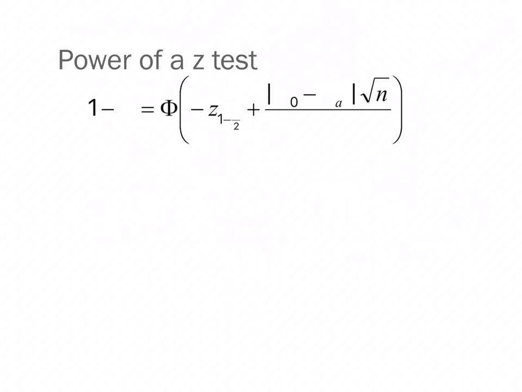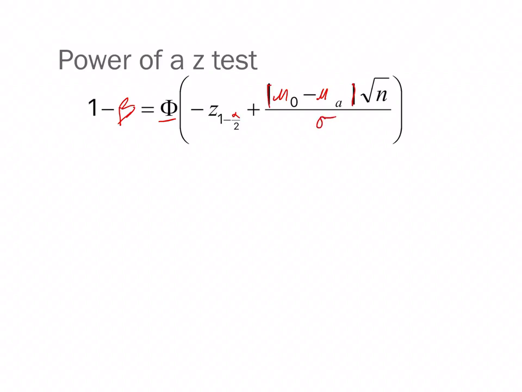So when we do the power of a z-test, and I apologize for not all the formulas coming through on this one, here's our equation. We have 1 minus beta, which equals phi, this little symbol here. So 1 minus beta equals phi of z of 1 minus alpha over 2 plus the absolute value of mu of the null hypothesis minus mu of the alternative hypothesis, multiplied by the square root of n,